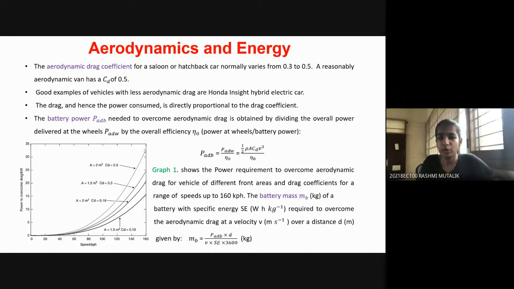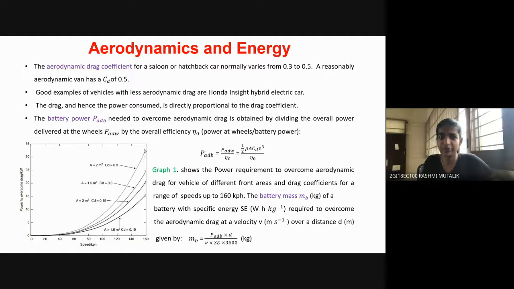In the power equation, as we have seen in the previous slide, the power is directly proportional to the drag coefficient C_D. Hence, the reduction in drag coefficient also reduces the power that is required to overcome the resistance. So vehicles with lower value of drag coefficient require less power to overcome the air resistance and hence are